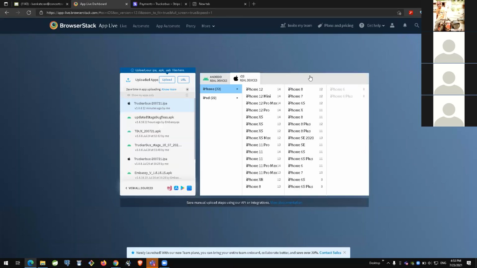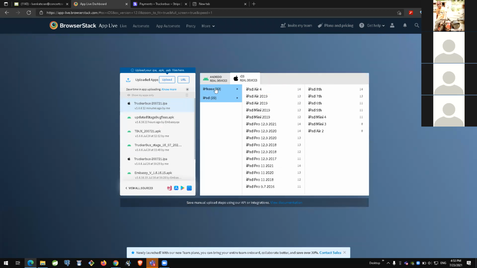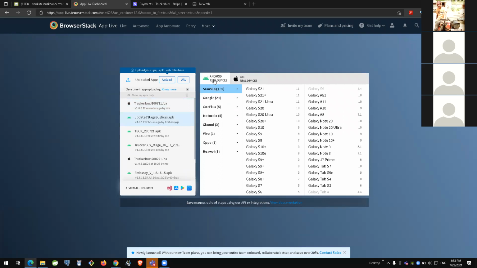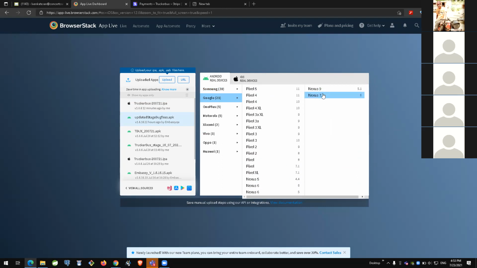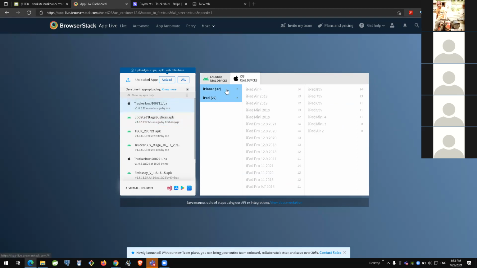Anyone have any doubt regarding this? You can select this here, and if I select APK, it will automatically choose an Android real device, and you can always select any version. Some versions are not supported there because they may be outdated or the configuration is not good. This needs to be confirmed with the team. The rest of the icons or models are working fine. And if I select an IPA file, an iOS real device will come up, and everything will be enabled.